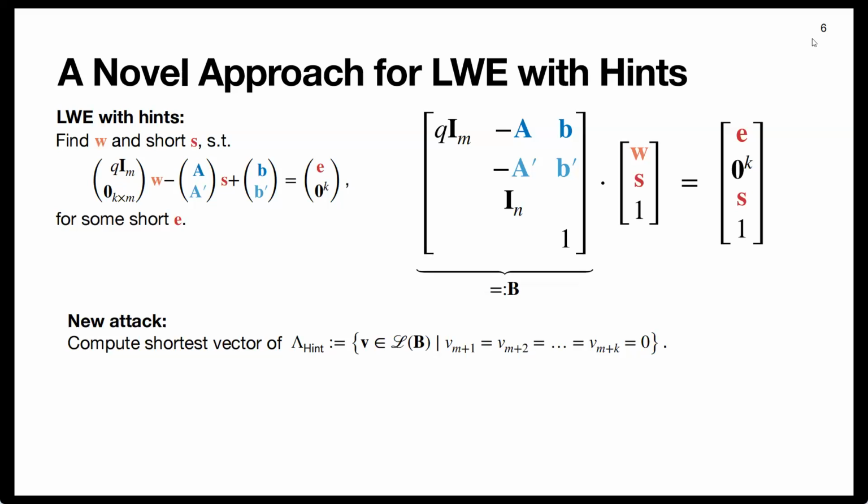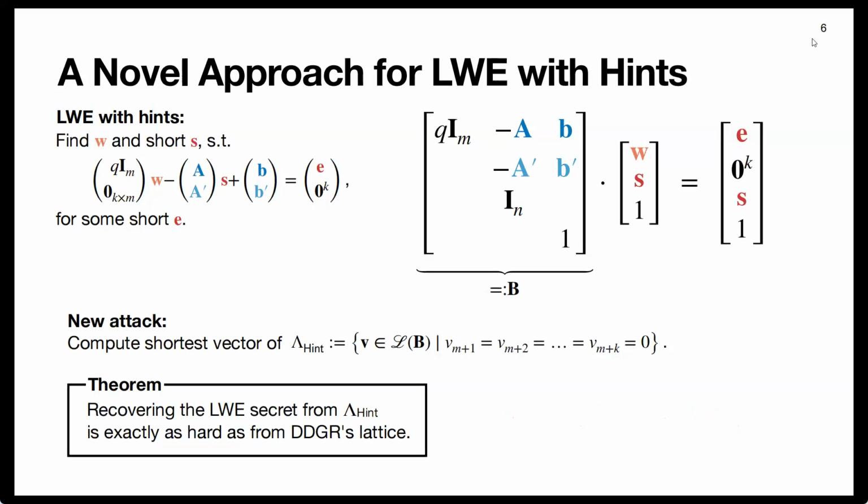Okay. Now you might be wondering, fine, but why should I use this? Right? There is already this framework by DDGR, and maybe they even have a better lattice. So maybe it's pointless to use ours because maybe on their lattice it's much easier. Fortunately, that's not the case. In fact, we can show that recovering the secret from our lattice is exactly as hard as recovering the secret from theirs. And what we showed here is essentially that our lattices are isomorphic. So they are isomorphic, and additionally, the geometry.